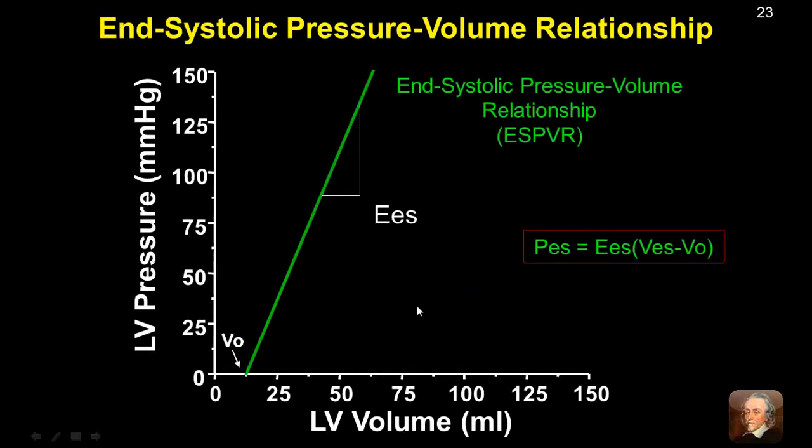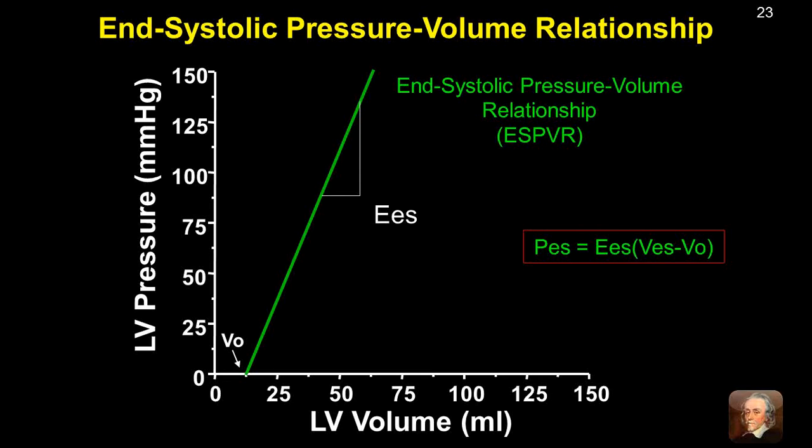On the other hand, as I mentioned, the end systolic pressure-volume relationship is linear and can therefore be characterized by two parameters, the volume axis intercept and the slope, which is called end systolic elastance, abbreviated EES. With this construct, it's very simple to interrelate end systolic volume and end systolic pressure with this simple linear equation. End systolic pressure equals the end systolic elastance times the difference between the end systolic volume and the V0. This equation comes in very handy, especially when we're starting to deal with quantifying contractility and also understanding aspects of